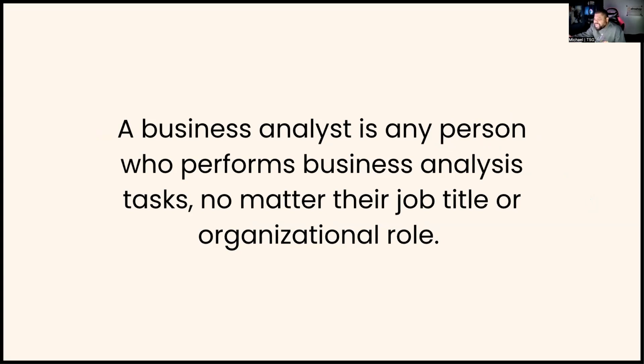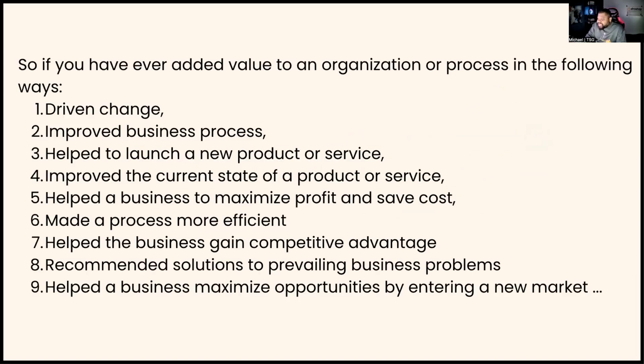So if you've involved yourself in some kind of strategy, some type of change, requirements gathering, solution evaluation, solution documentation, requirements. If you've driven change in any form, if you've improved business processes in any form, if you've helped to launch a new product and service in any form, if you've improved the current state of how they do things, a product, a service, a process, if you've helped a business to maximize profit and save cost, if you've made a process more efficient, if you've helped the business gain competitive advantage, if you've recommended solutions in any way to a prevailing business problem, if you've helped a business to maximize opportunities by entering a new market or whatever that is, and we can go on and on. I'm just highlighting 9 to you, but there's a lot, which you're going to begin to find out. There's a lot. If you've done any of these things,